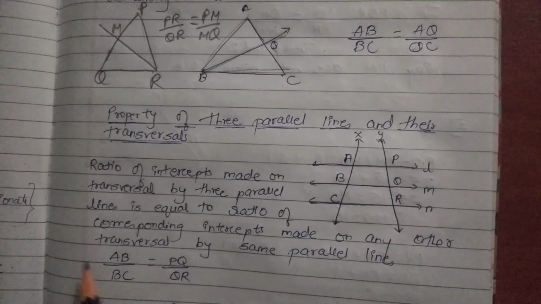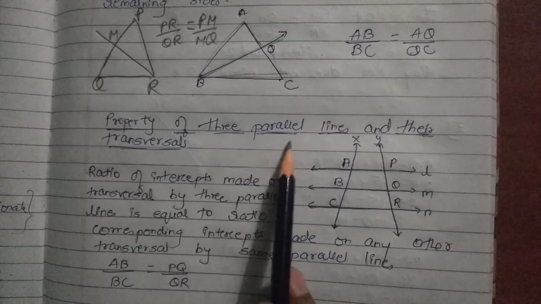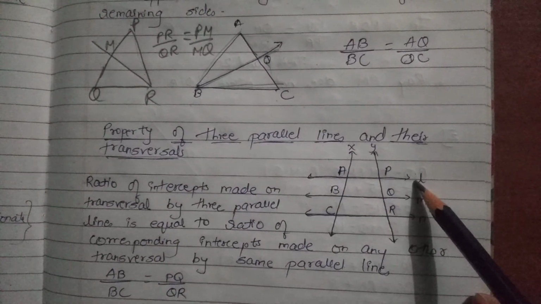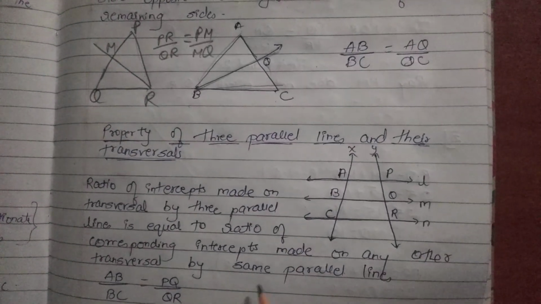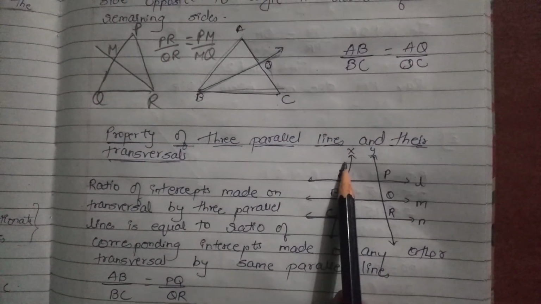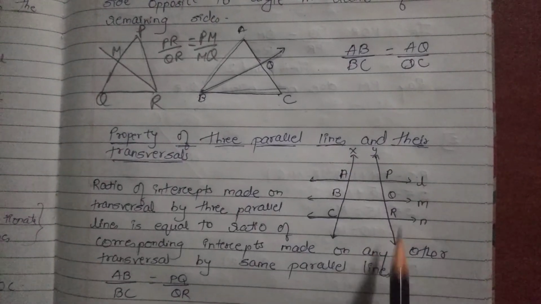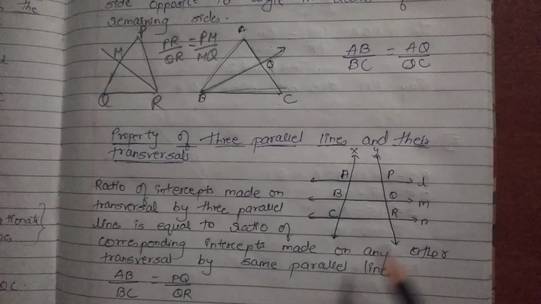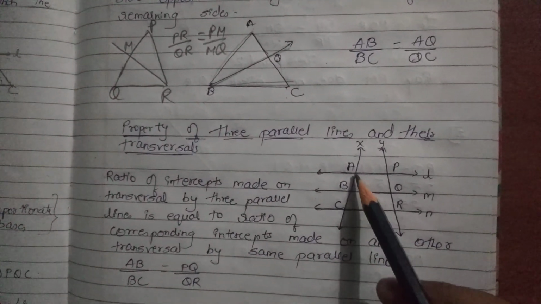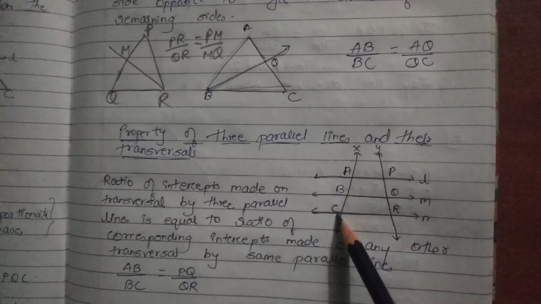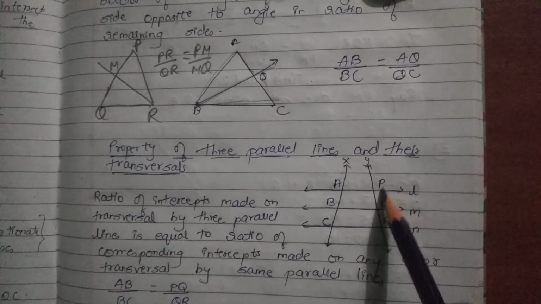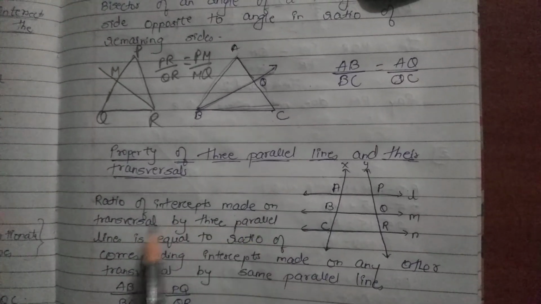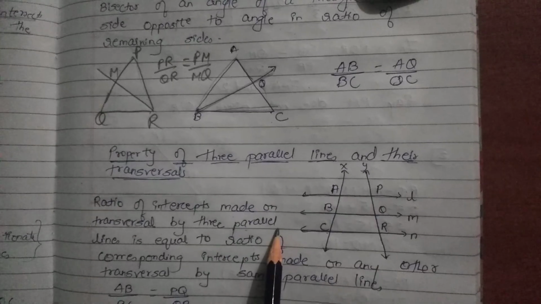Students, what is the third property? Property of three parallel lines and their transversal. You can see three parallel lines, lines L, M and N, and the transversals are lines X and Y. What do we have to prove? We have to prove that the ratios are equal: AB upon BC equals PQ upon QR. Means the ratio of intercepts made on a transversal by three parallel lines